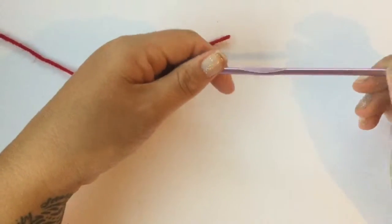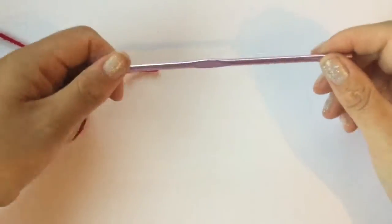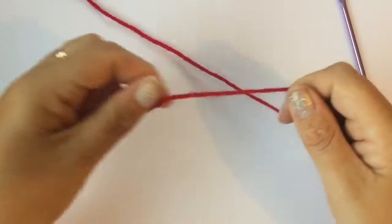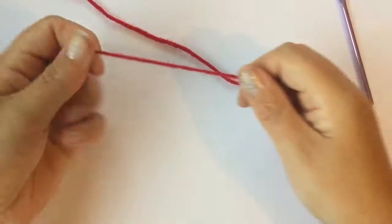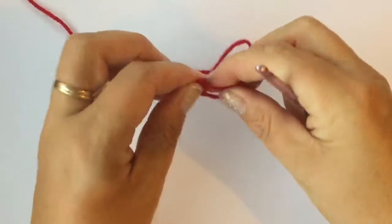Show you how to make a hexagon, a flower hexagon, and I'm using today a 4.5mm hook and some double knit yarn, is what I call it. So I'm using red and green, you can use any colours you like, and I'm going to start by making a slip knot